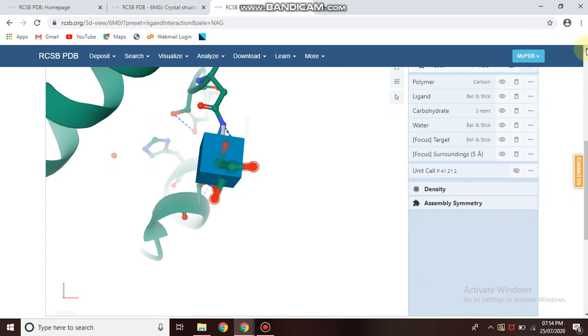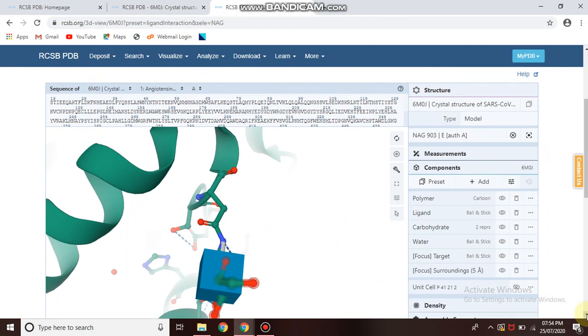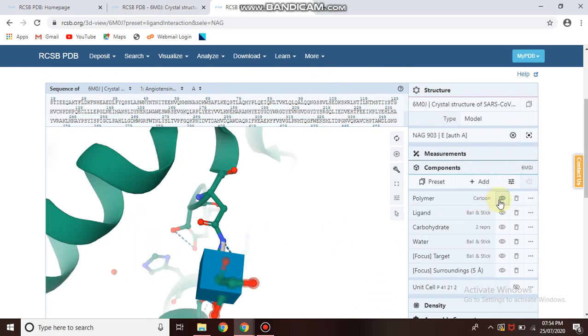This is the sequence of the interaction. You can see here the representation of the protein, whether it is cartoon or ball and stick model, and whether water is present or not.